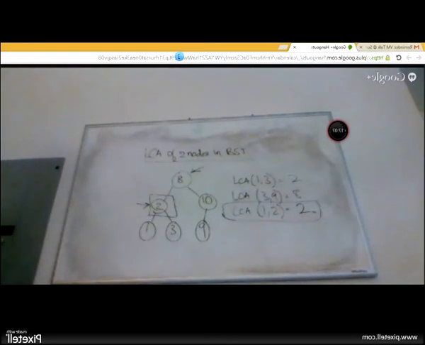Was that clear? Yeah. What is the time complexity to find out the LCA?